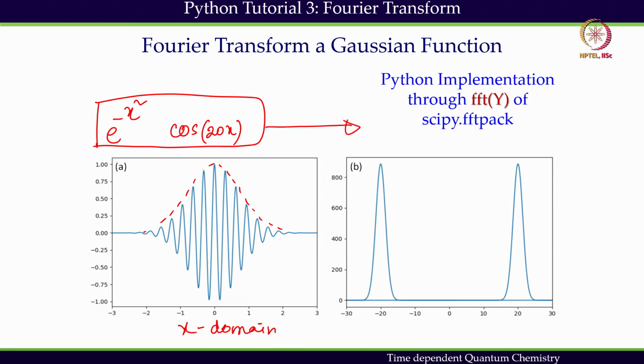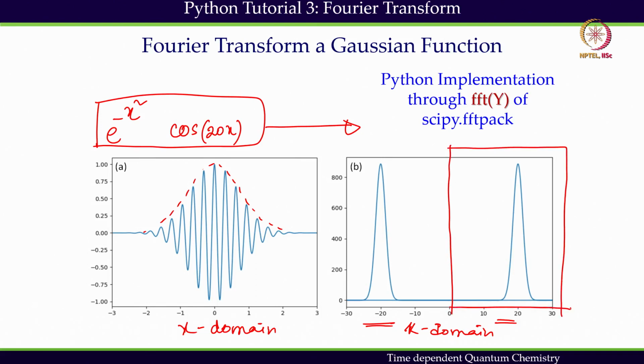to the k domain, this is the k domain. On the k domain, we see that there is always a negative and positive part, because the nature of the Fourier transform makes that. But for practical purposes, we can just take the positive part of the Fourier transform spectrum. What we see is that it is centered at 20, and that should be, because